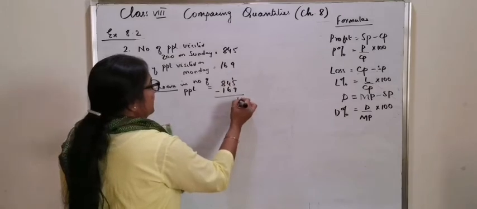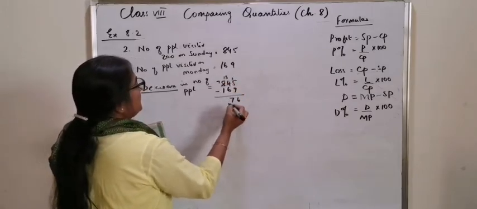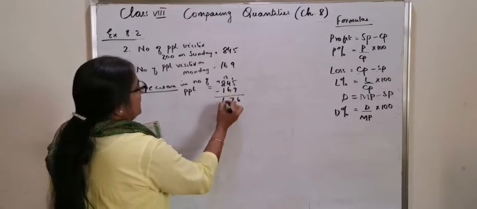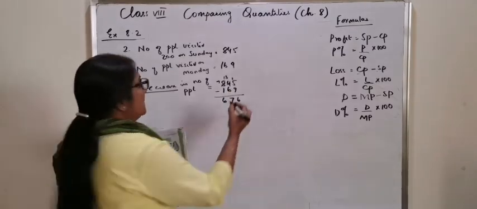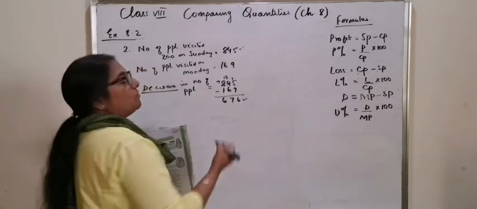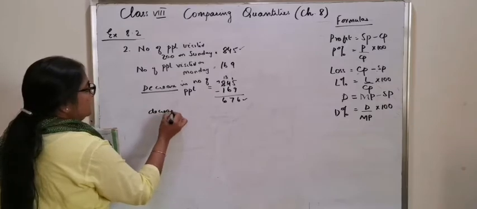9 to get 15, it is 6, it is 3, 7. 13 minus 6 is 7, 7 minus 1 is 6. How do you calculate the percentage? It is decrease by original into 100. So, decrease percent is equal to